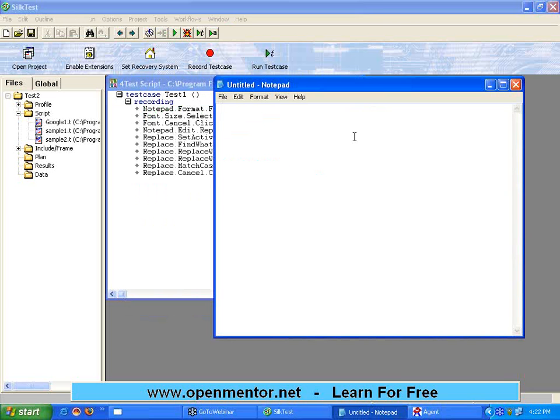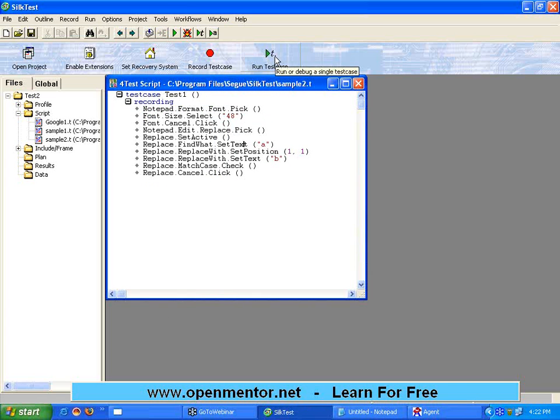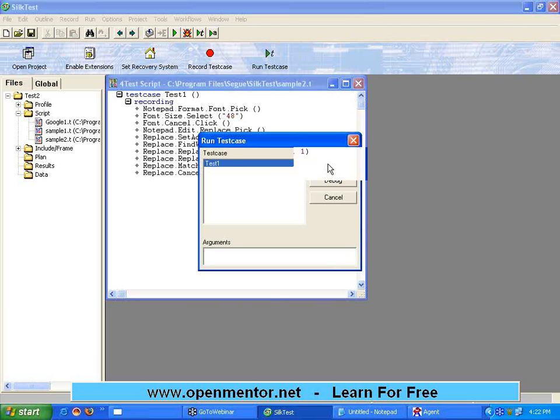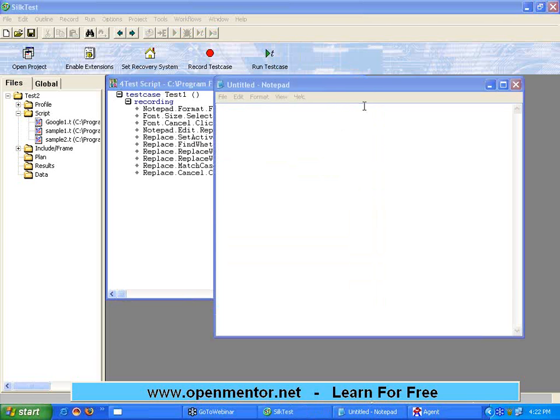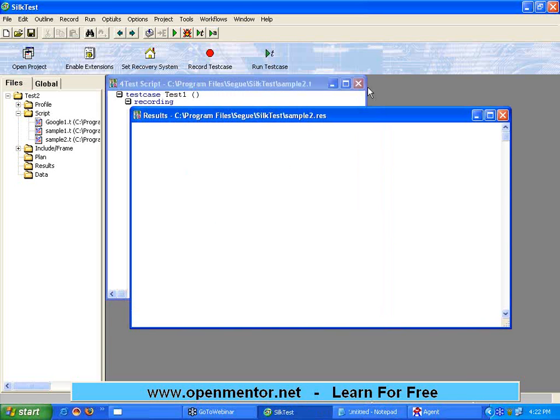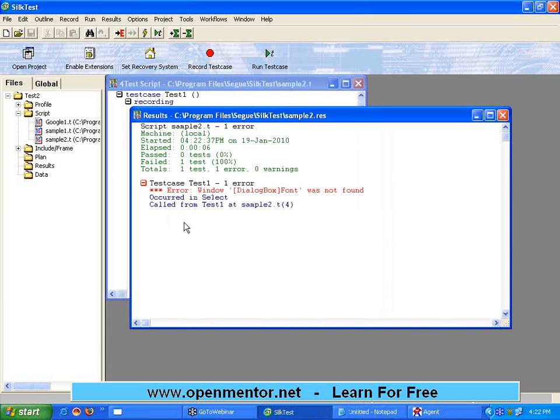Now if you open this file, there is some delay, okay? Now if I say run the test case, I click on the run, it goes to this. I click on this notepad window, but I am getting an error. It is trying to show at line number 4, okay? At line number 4, there is a problem.